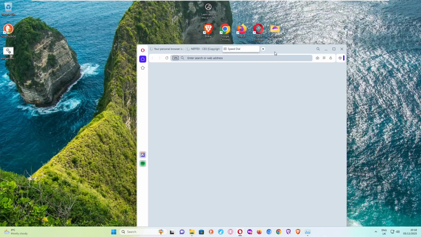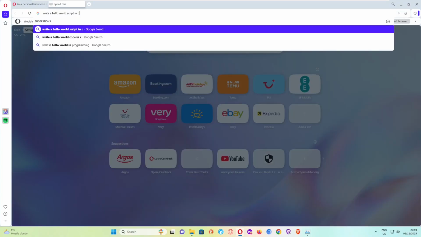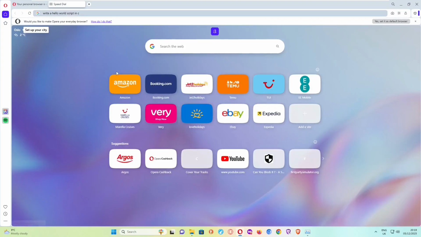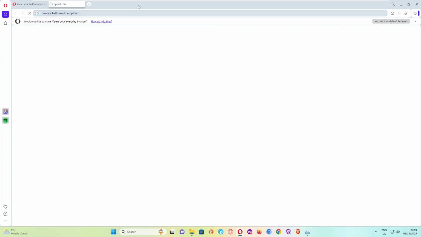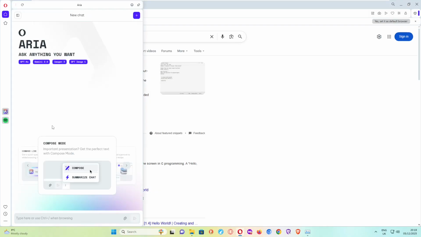Firefox-ish. I see Opera. I don't know whether this had an AI built in. Guess we'll find out. I'm assuming it does. I just don't know where it would be, so it might take me a second to figure out. Is that an AI? That is the AI, I think. Yeah, here we go. Okay, so how does the